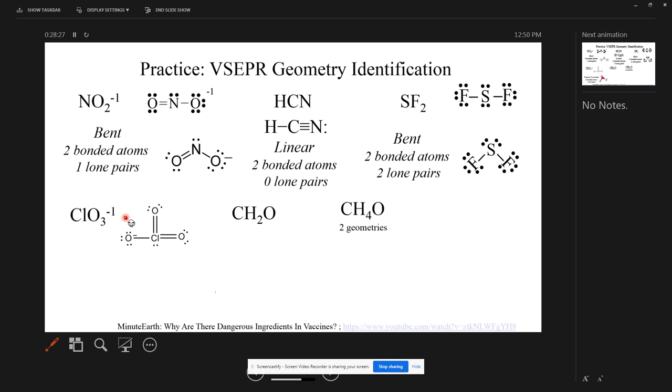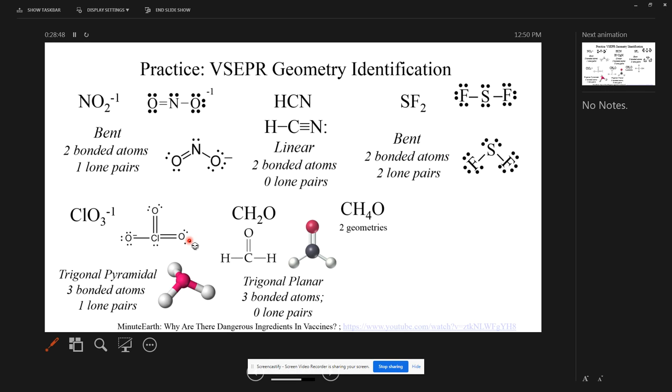Now, I wouldn't expect you to draw the Lewis structure of chlorate, but here it is. It's got an expanded octet. And with 3 things attached, we know it's going to be trigonal. But with an extra non-bonding pair, instead of trigonal planar, it's trigonal pyramidal. Again, here's formaldehyde. With 3 things and no non-bonding pairs, it's trigonal planar. And similar to your homework, here's one that has 2. Carbon's tetrahedral